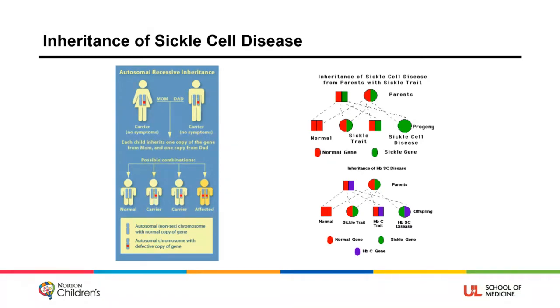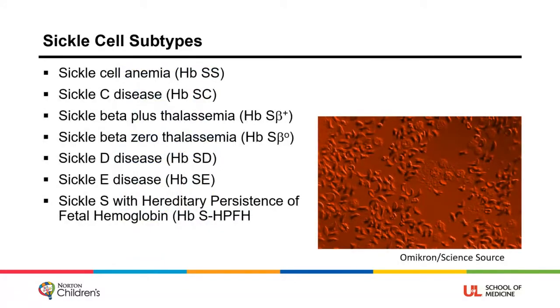And the mutations that you can see for sickle cell disease include homozygosity for the sickle mutation, commonly referred to as hemoglobin SS disease, compound heterozygosity between the sickle mutation and another mutation that leads to other structural changes, such as hemoglobin C, hemoglobin D, or hemoglobin E disease, as well as changes that reduce the levels of beta globin production, such as beta thalassemia major or a complete deletion of